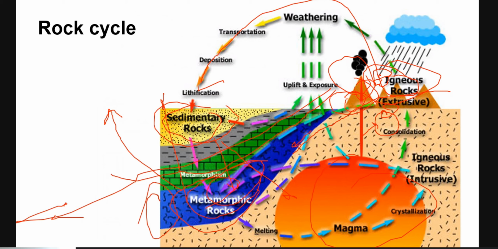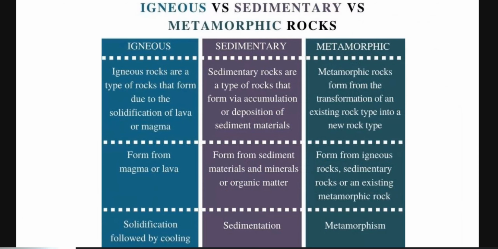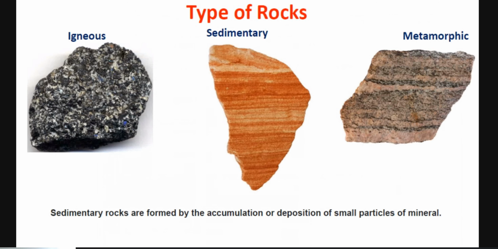So what will happen from the surface? Again, through tectonic processes, through subduction, it goes below another crust, and through the increase of pressure and temperature, we will get another metamorphic rock. So these are basically three types of rock. This is the intrusive igneous rock, which has relatively coarser grain, like gabbro.